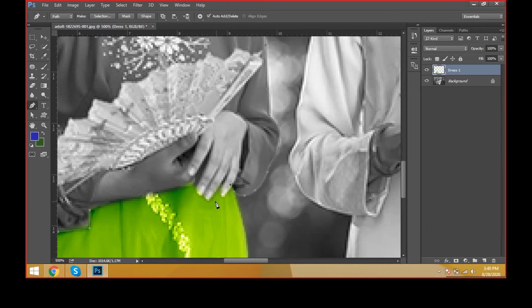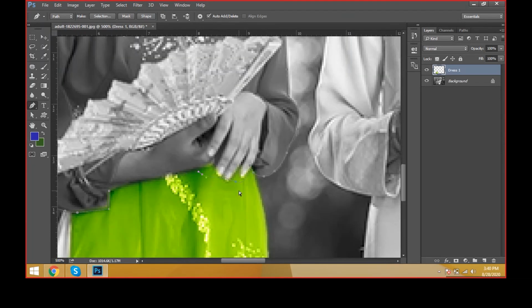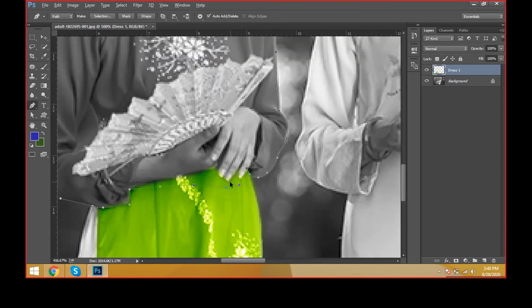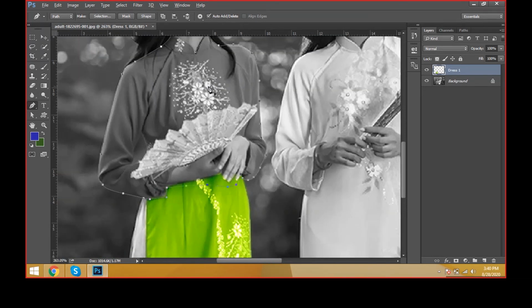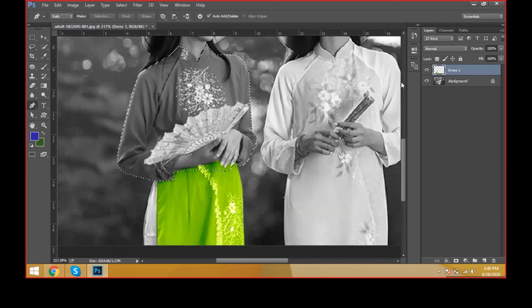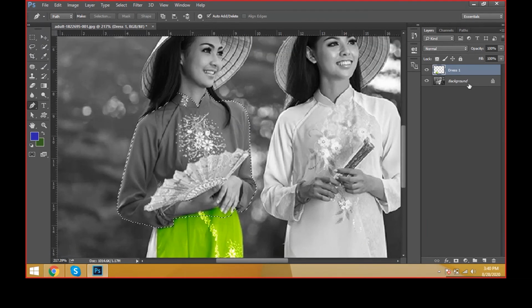After that you have to give the color tones. Yeah, I need only the color, not the hand. Okay, just select this one, again Control Enter for path selection, and come to the original document.